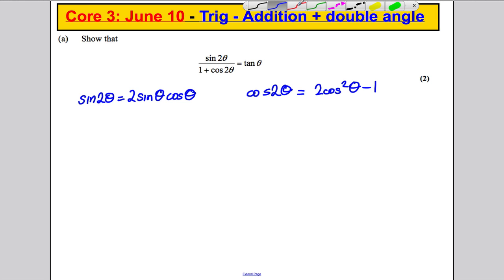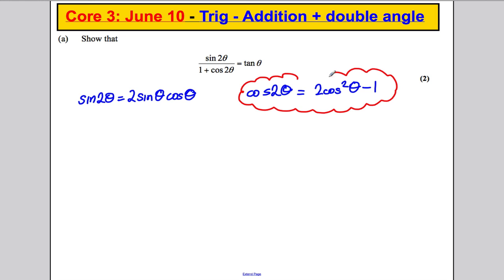Now, you may ask yourself, where did I get that one from? Well, I would expect you should know these ones, but cos 2 theta is cos squared theta subtract sine squared theta, and then substituting for sine squared theta as 1 minus cos squared,